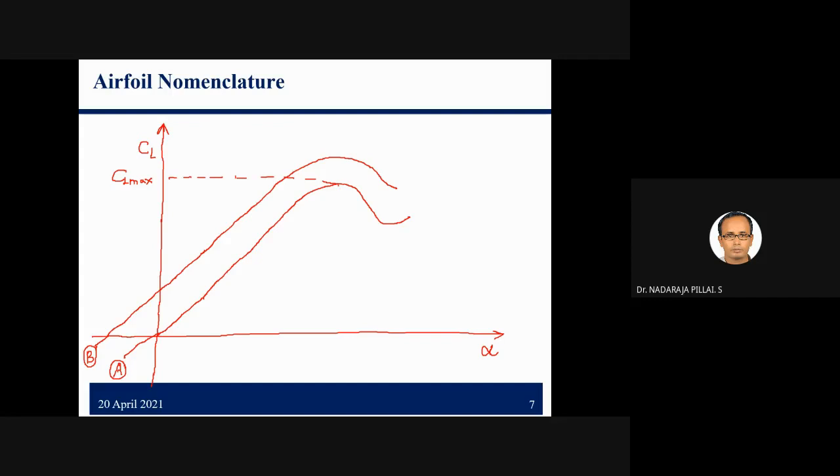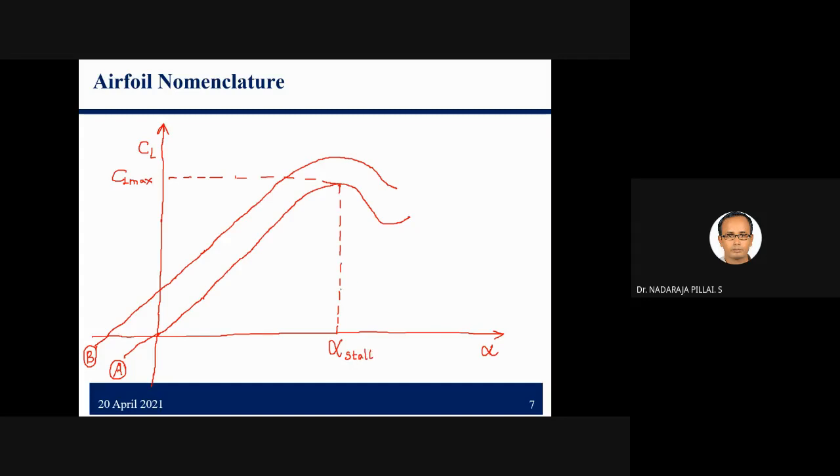So this is the point CL max, right? So what is this point called? Stalling angle. So this point alpha is alpha stalling,